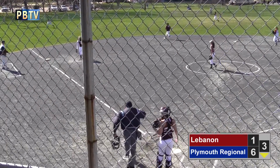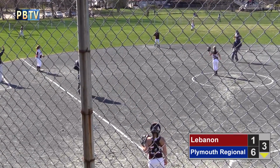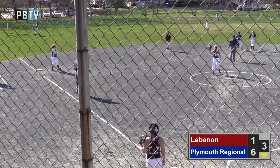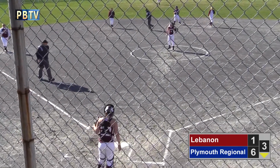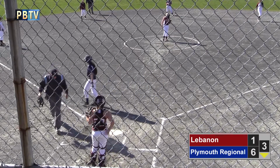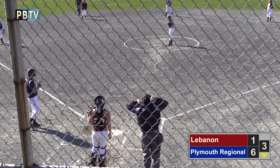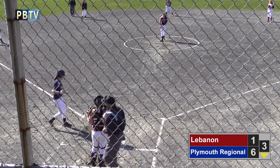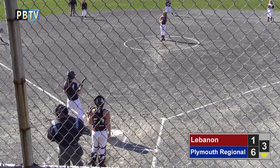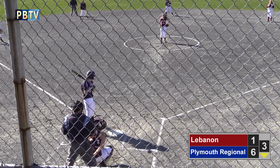Hit to the third base, goes right beneath her legs to the left field. And Aubrey will stay at second, and Taylor will go to first. You know, that happens in baseball sometimes. The fielders, in a long series, will end up starting to kind of daydream and lose their focus, and I think that's what really happened. So Emma Cooper is up to bat here